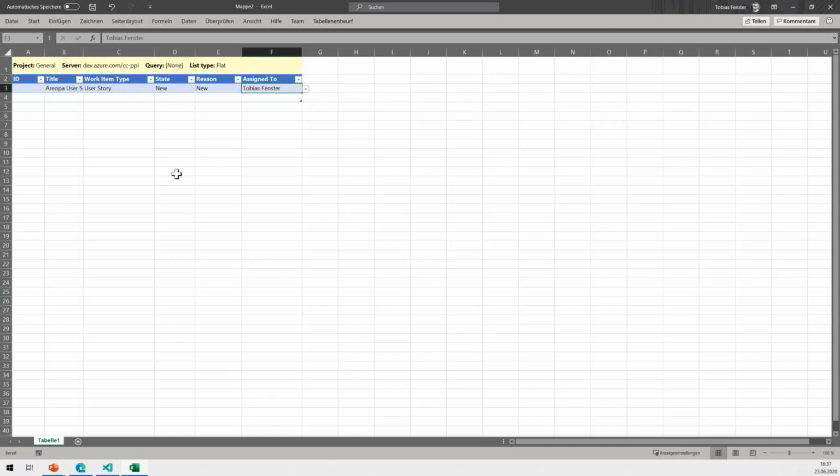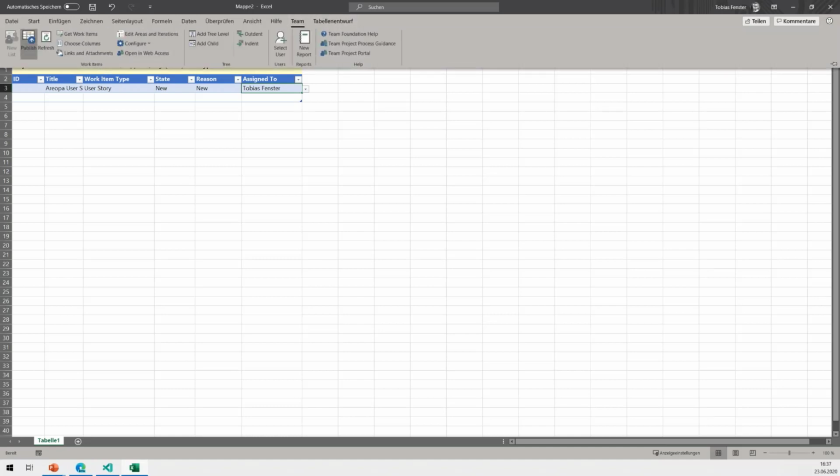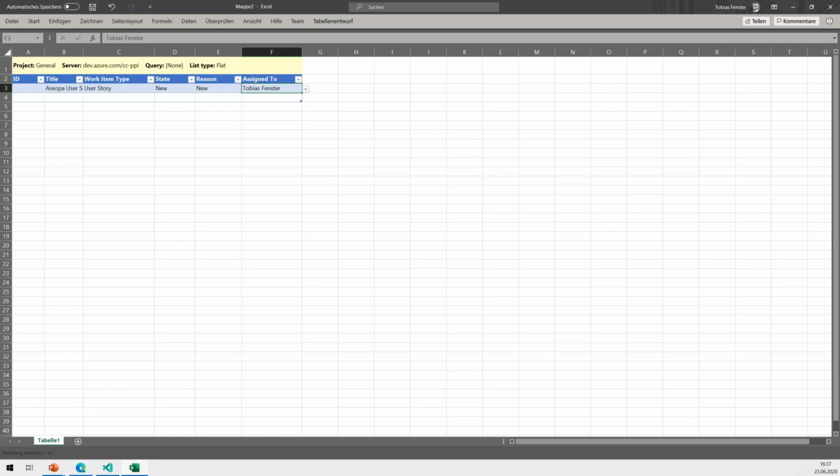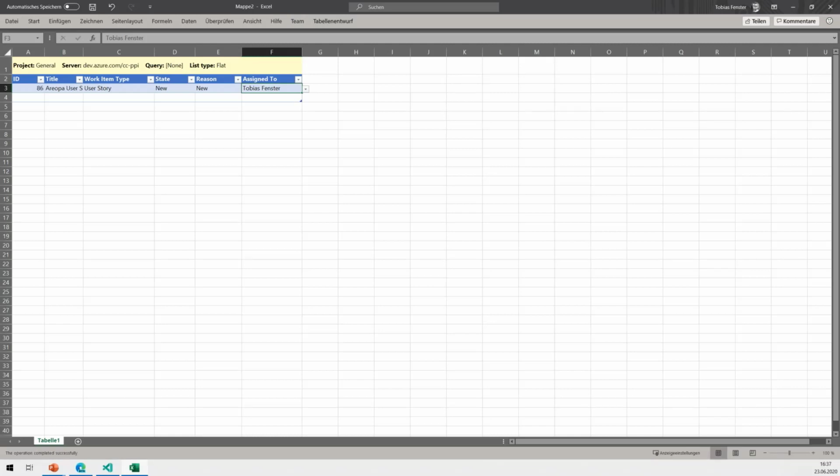By now, nothing has been created on the server side, but if I go to team and publish again, then it has created those and it has gotten the ID. So now we have also a work item with ID 86. And now let's go to the project in the browser.